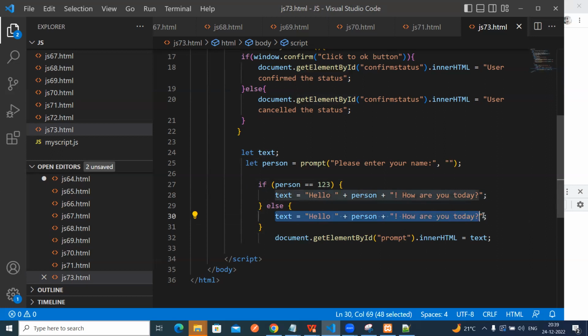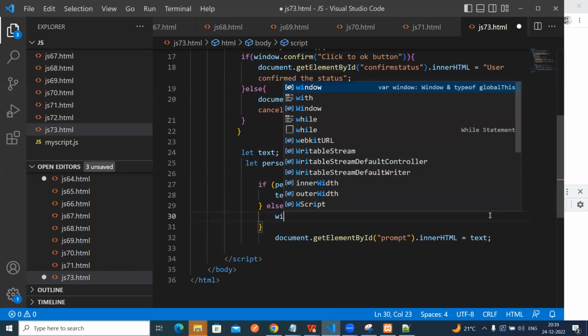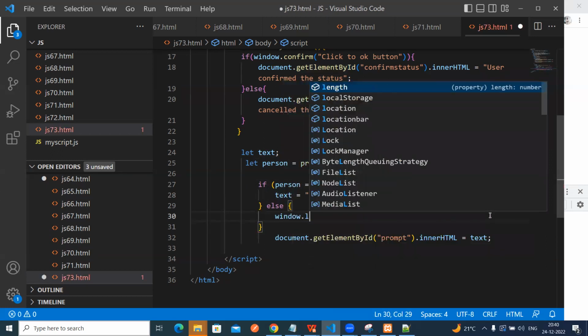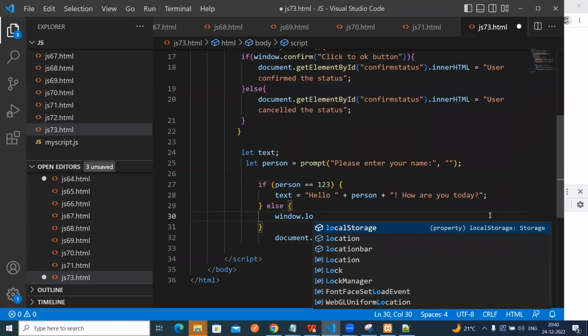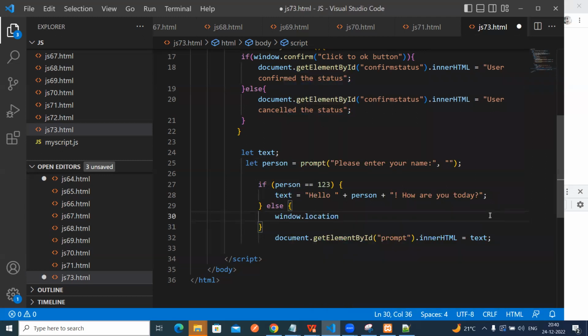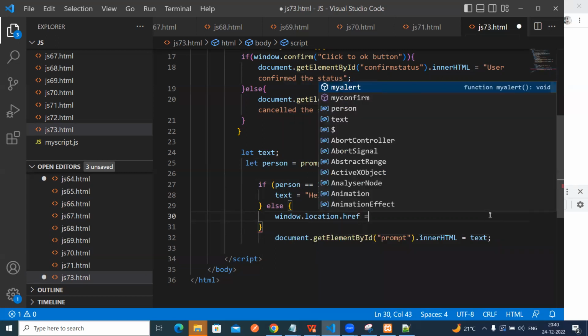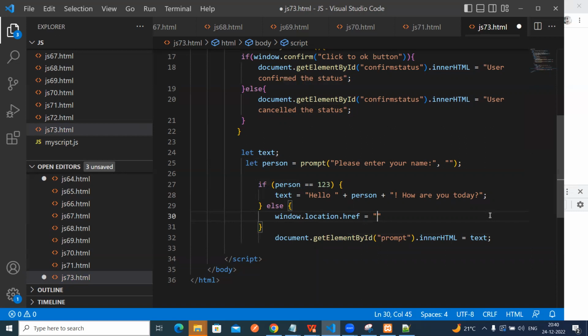So here, if else, then window dot location dot href equal to, so then we can redirect it to https colon